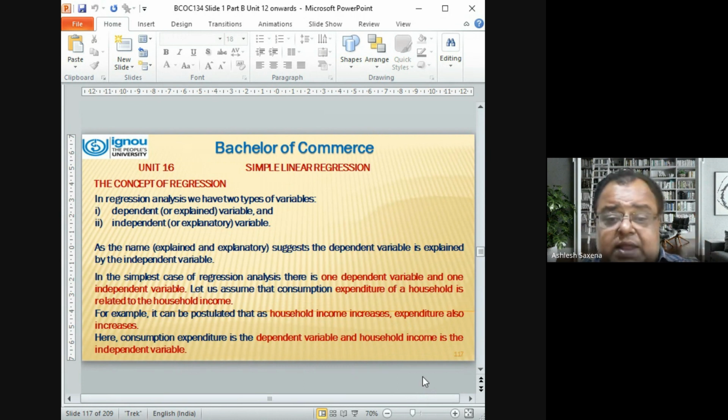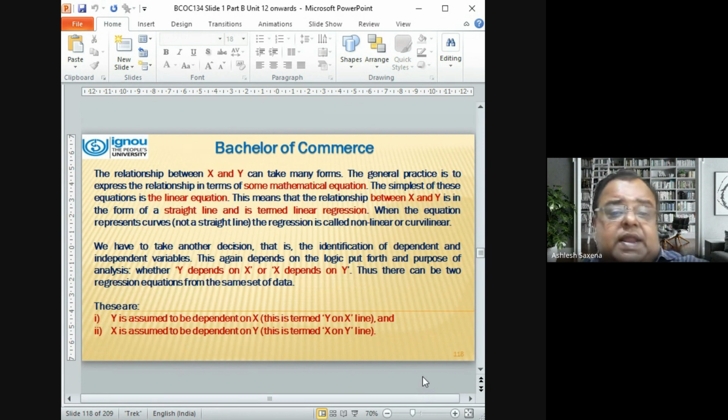Let us assume that the consumption expenditure of a household is related to the household income. For example, it may be postulated that as household income increases, expenditure also increases. Here, consumption expenditure is the dependent variable and household income is the independent variable. The relationship between X and Y